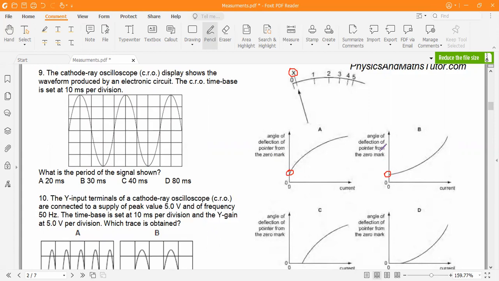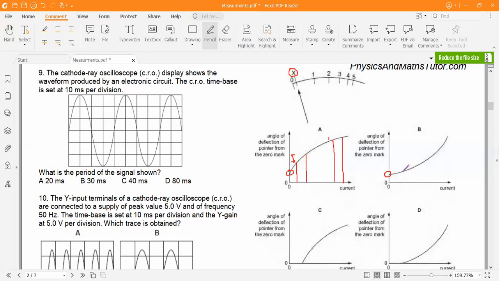Okay, so the reason is basically that in A, we can see from this calibration that as current is increasing, the difference between these digits is decreasing. The distance between 1 and 2 is greater than the distance between 4 and 5. So if we look at these graphs, let's say 1 is over here and 2 is over here. I can see that there is more deflection between these two than if there are two digits over here. Like if 4 is over here and 5 is over here. I can see that the deflection has decreased. Now the deflection is only this, right?